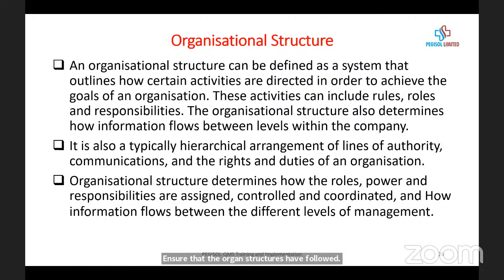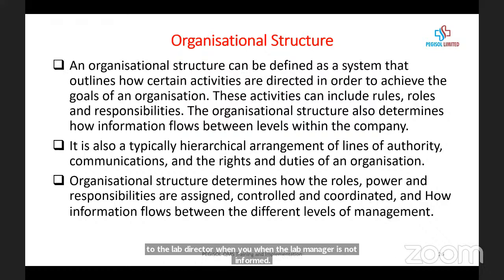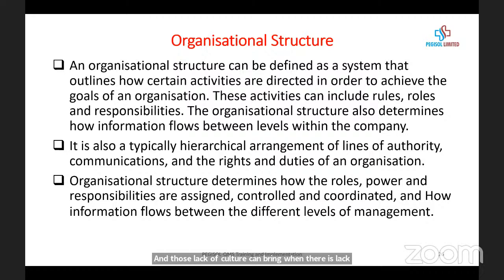Now, when we talk about organizational structures, it can be defined as a system that outlines how certain activities are directed in order to achieve the goals of the organization. The organizational structure also determines how information flows between levels within companies. For example, as a lab staff, you cannot take information to the lab director when the lab manager is not informed. That's lack of structure. And when there is lack of structure, it brings breakdown in processes. The first person you are supposed to report to, maybe your head of unit, if you are not reporting to them but to someone else,